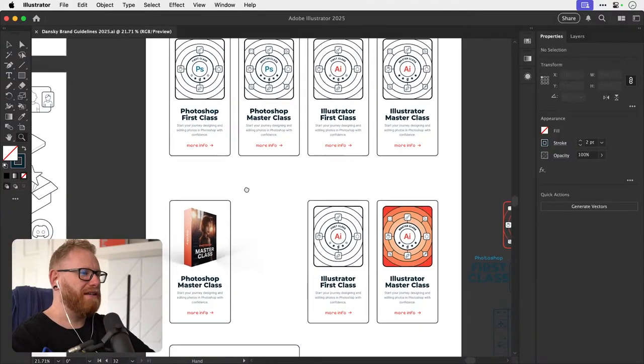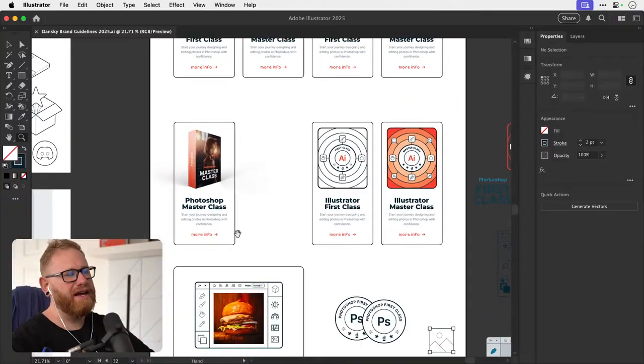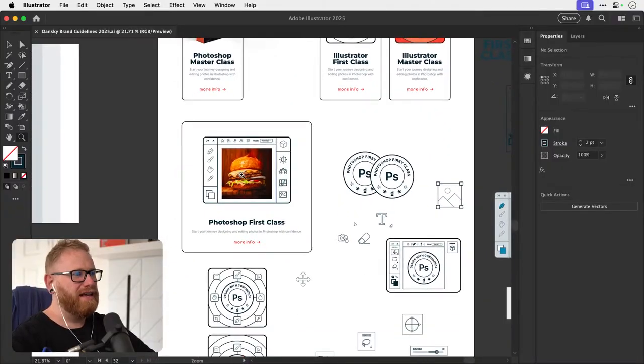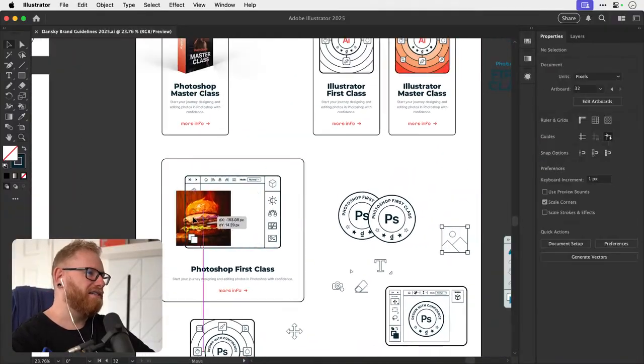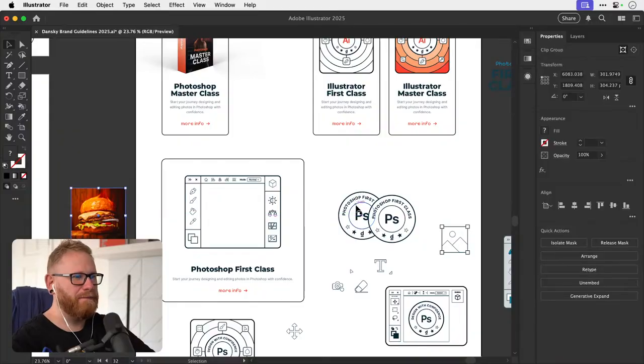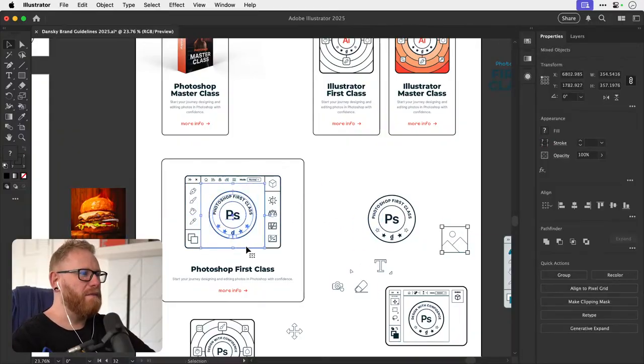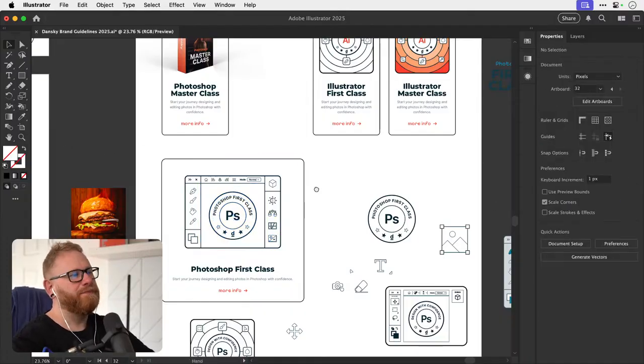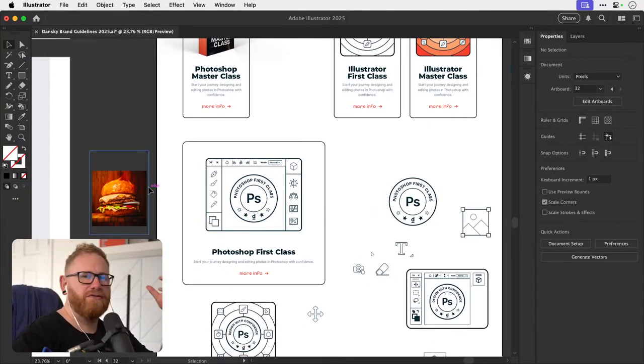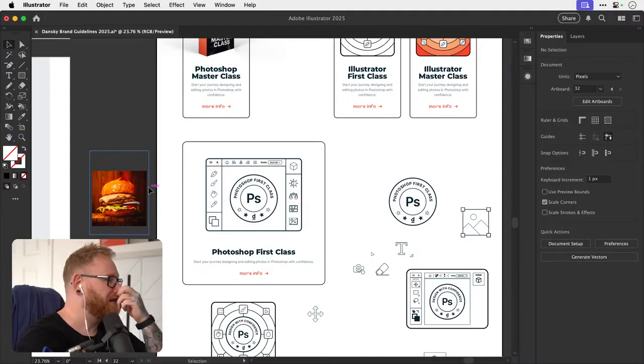I think I'm going to go back to box art. I was trying something where, yeah, I did kind of like this. I'll just show you what I was trying. When I posted this in the Discord, there were some pretty mixed opinions. It was trying to represent the different courses. There's 2 for Photoshop, 2 for Illustrator.